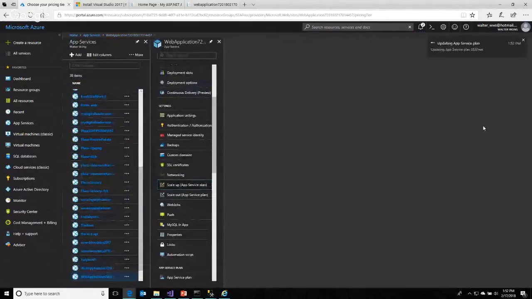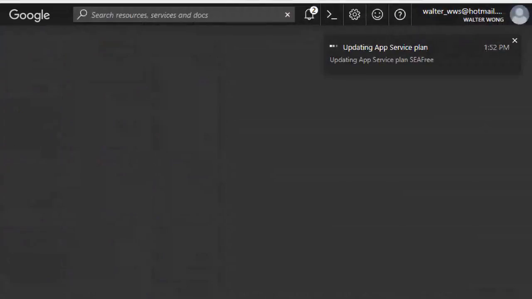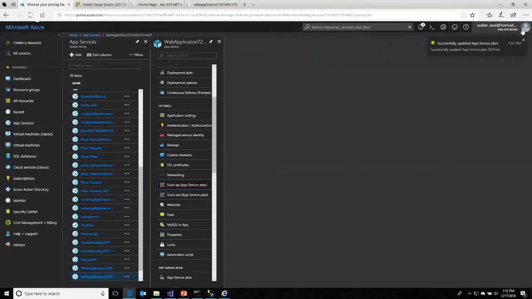Okay, now it's actually updating my app services plan. It will take less than 30 seconds. Okay, successful. So if I come back to here and do a refresh, you're able to see my application is able to run, and it will come back with the capabilities of having the auto healing features.